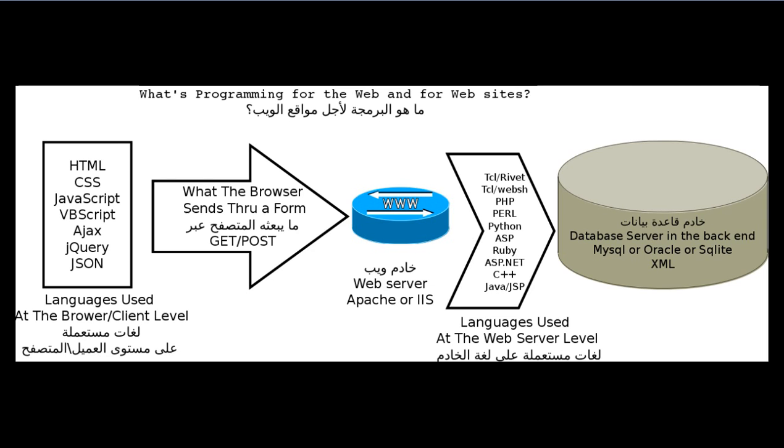So if you want to make an application that's swift and retrieves the data for you very fast, you use C++. However, regarding using TCL and Rivet, PHP, Perl, Python, and I think Ruby,